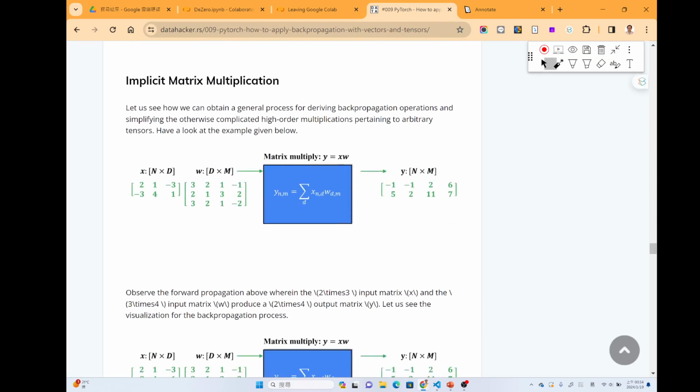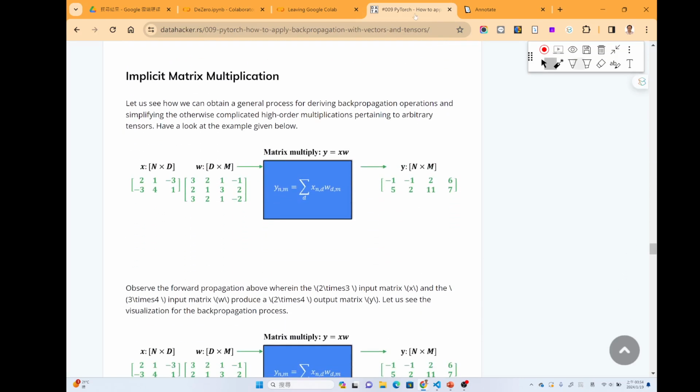Okay, so let's check the simplest example. If the function f is actually y equals xw. For example, if x is a matrix of 2 by 3 and w is a matrix of 3 by 4, then the output cancels this 3, so it is 2 by 4.